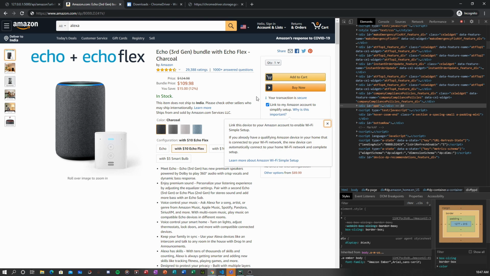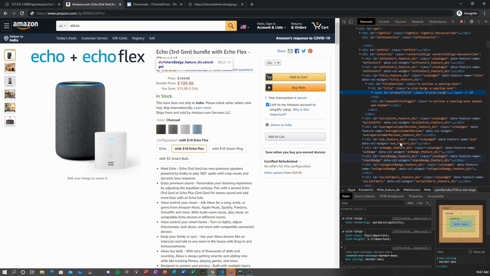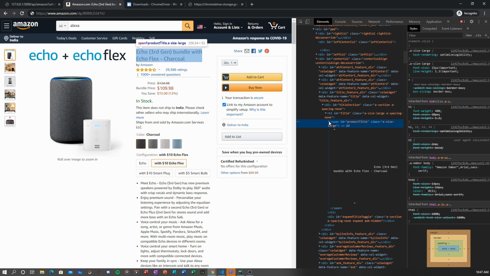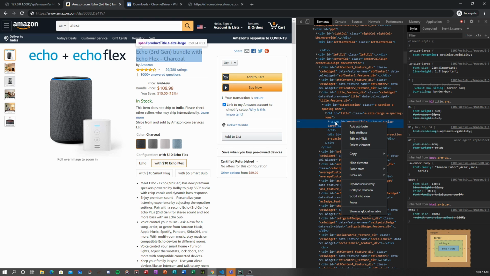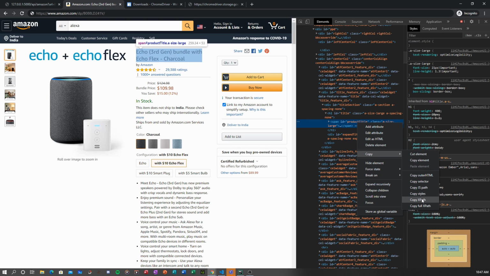To get every individual detail, you just left click once, then right click on that element and say inspect. Let me enlarge this a little bit, and you see when I hover on this, it highlights. So this is a span, and it has an ID of product title. We're going to right click on it after we select it and say copy as XPath. Let's do that again just in case. Copy as XPath.